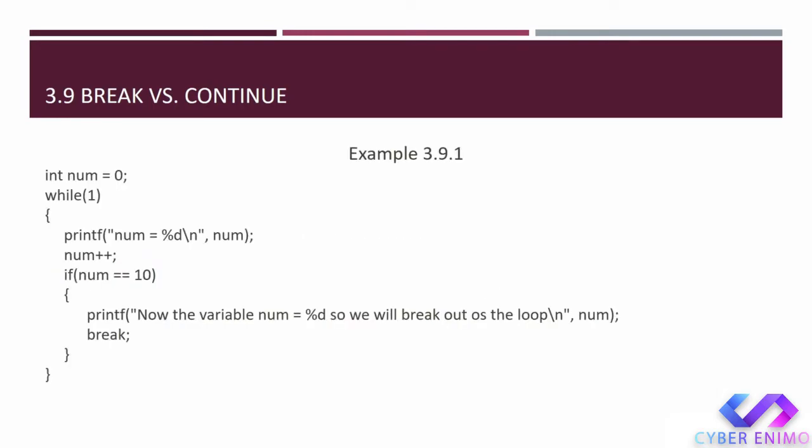As an example, we have in the code in front of us an infinite loop that prints the value of the variable num, then increments it by 1. Then this is followed by an if statement which is implemented if num equals 10. Inside the if statement we print the value of the variable num, then we use the break command to exit